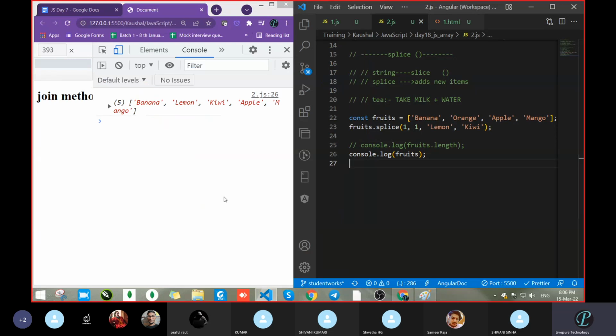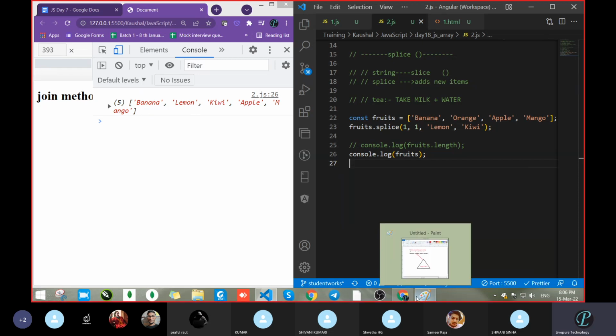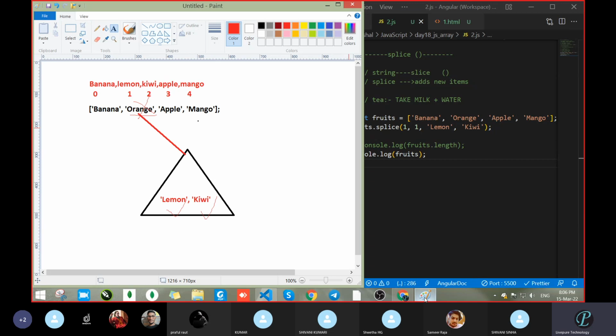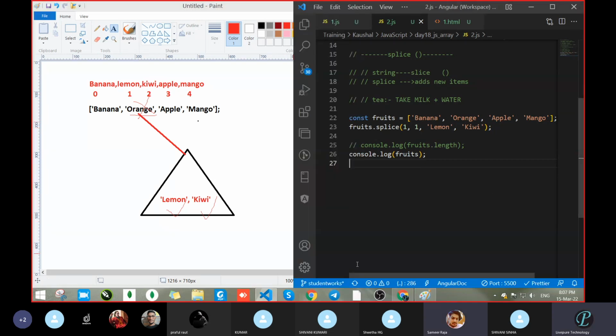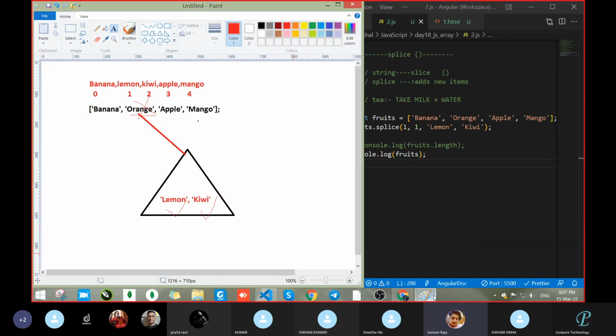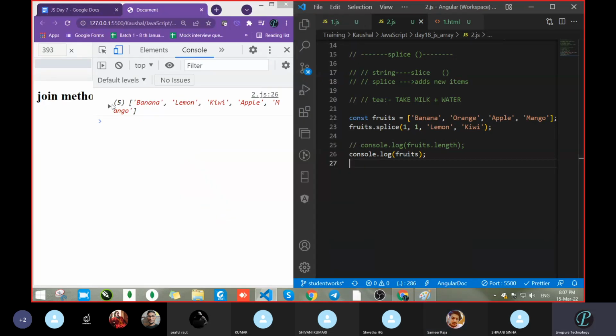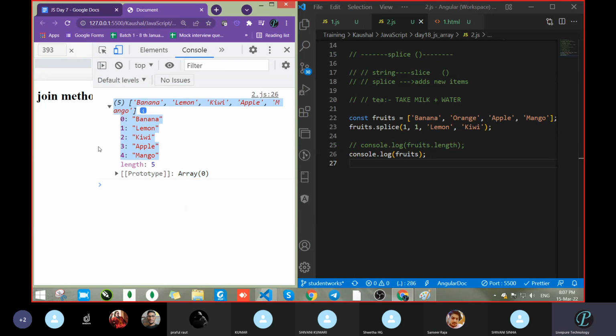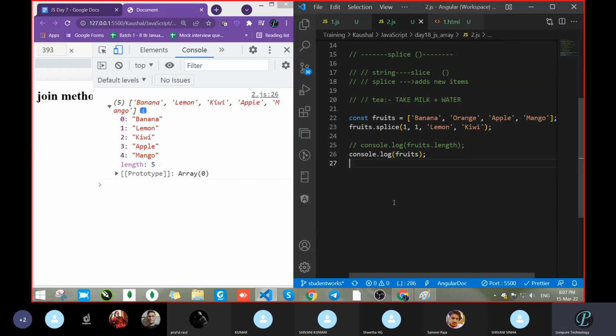Banana, lemon is there, kiwi is there, apple, mango. Why am I getting only 4? Okay, sir. Instead of orange, we have taken lemon and kiwi. No, I am checking the length actually. Index is correct actually. That 4 that I wrote there. Yeah, one second. We will come to some more